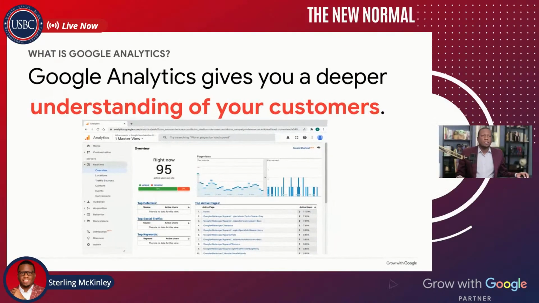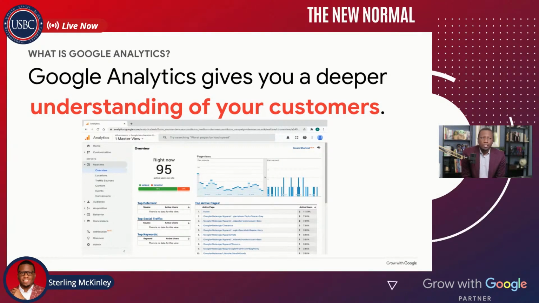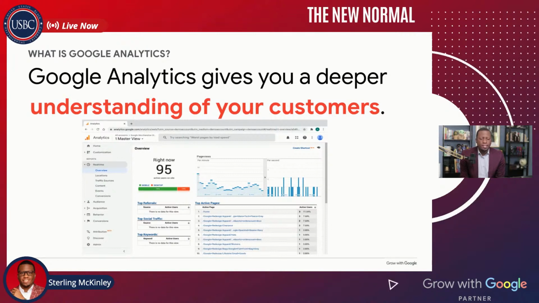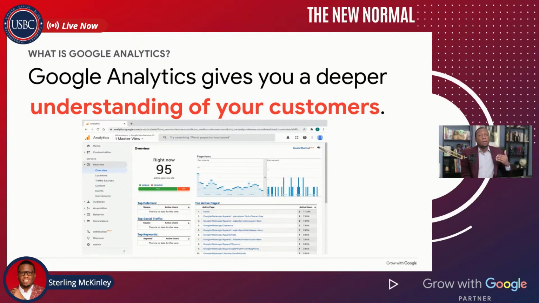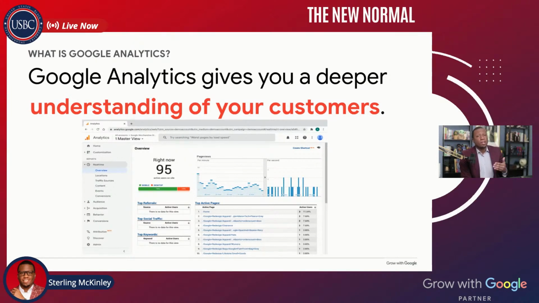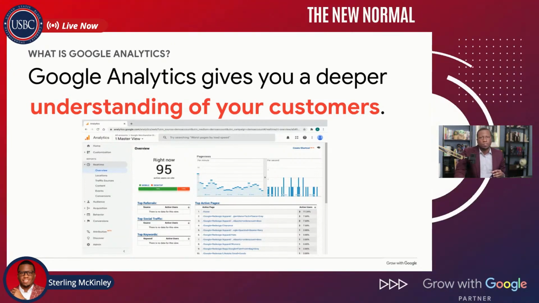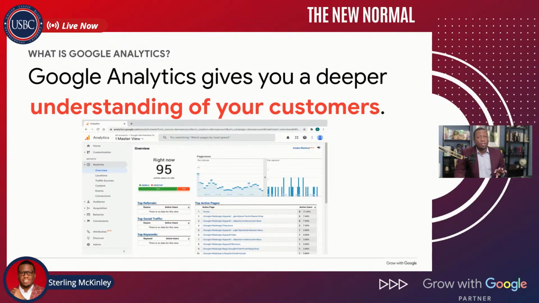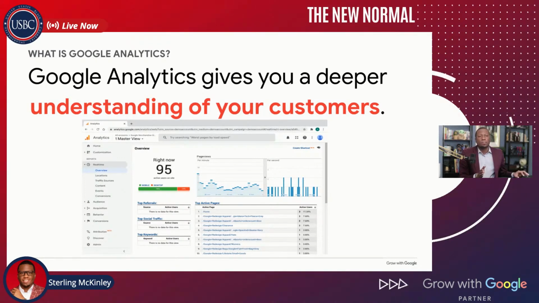So to break down again, Google Analytics gives you a deep understanding of your customers. That's really what it is. We're talking about analytics, but at the end of the day, analytics is a way that you can better understand your customers, better understand what they're doing on your website, and better understand what products and services they want from your company. It's all about that. And a recurring theme that I'll say again in all of these webinars is it's all about your customer. All of your marketing and all your digital marketing has to be targeted to your customer. So any tool that can give you more understanding and more data on your customer is definitely going to improve your business.